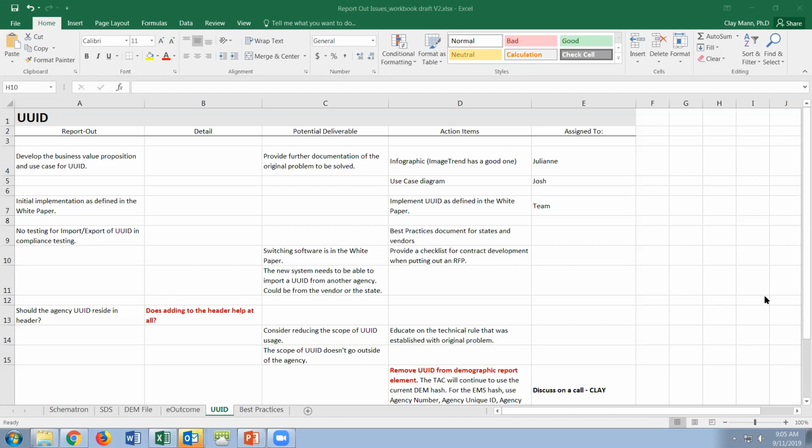The issue that's on the plate right now is whether or not to keep a UUID in the demographic report section of the DEM file, or whether to add it to the header of that file.